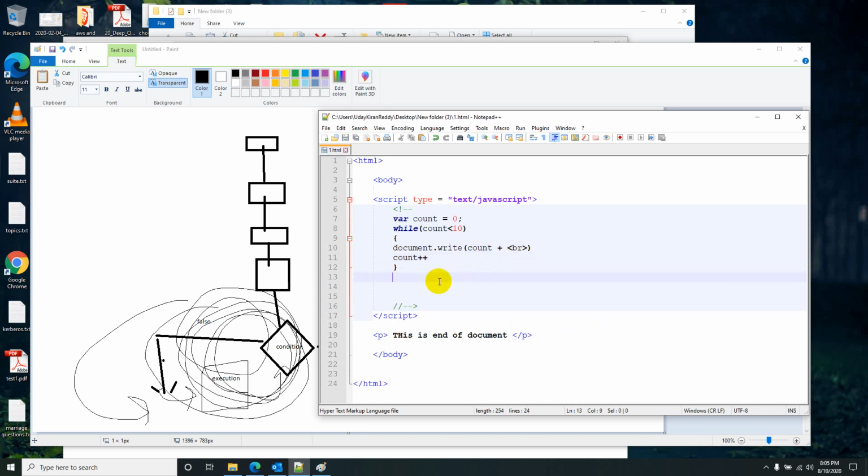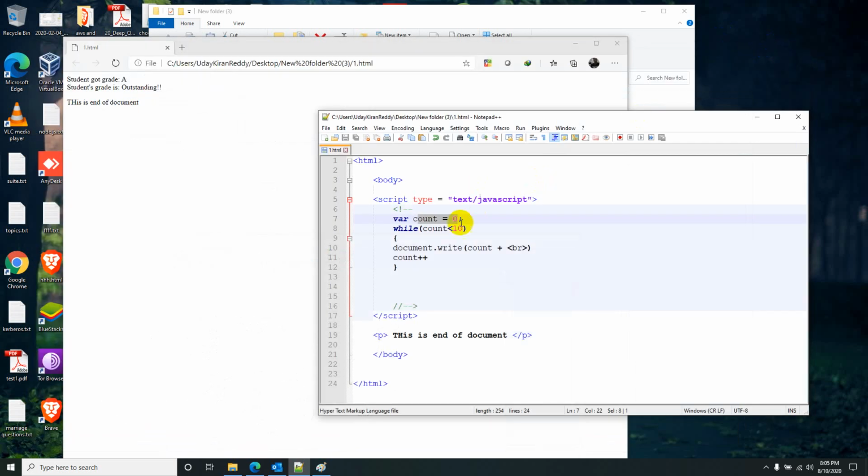So here what you need to observe is, initially I kept the count variable as 0, but when it came to this while section, you see that the condition is true, 0 is less than 10, so it will enter the while loop. Once it enters the loop, the statements will get executed. You see the second statement, here I am increasing the count value from 0, it will become 1, and it will come outside of the loop.